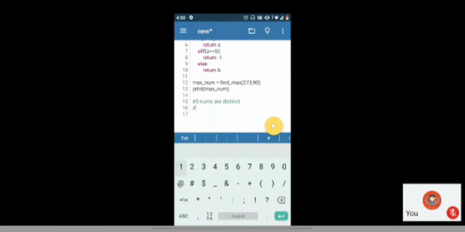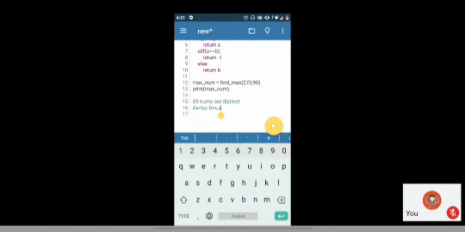So if I have A, B, and C, what can be the relation between them? Either A can be greater than both of them, or B can be greater than both C and A. We only care about the greatest number, not the order of the next two.